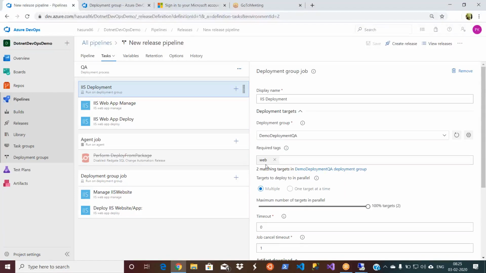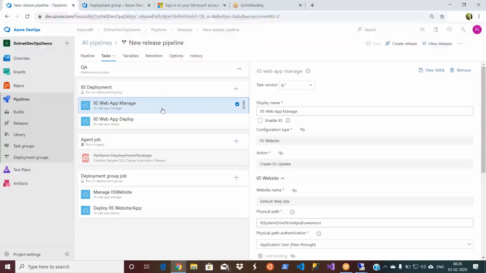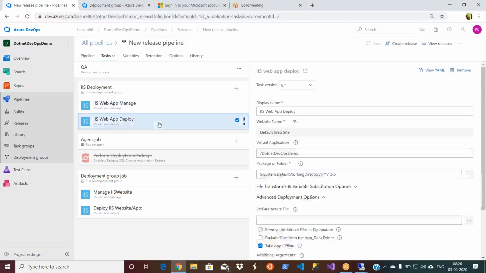That means when this job executes, it will deploy your website into the two servers under the web category. And you can see here as well, two matching targets in your demo deployment QA. It is clearly saying, and I have not made any changes. This is as it is.